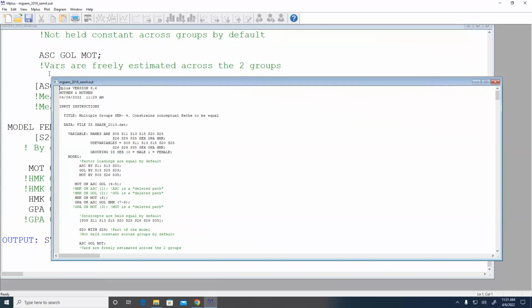Yeah, this model where I made the constraints, right? Because the chi-square is not statistically significantly different from the model before. So I'm going to favor this simpler, more parsimonious model because the fit is not statistically significantly worse than the last model, right? Okay. So I can constrain all of these paths to be equal across the groups. Whew, that's good. That makes my job of interpreting them a lot easier. I don't have to interpret them as different across the two groups. Okay, so that's great.